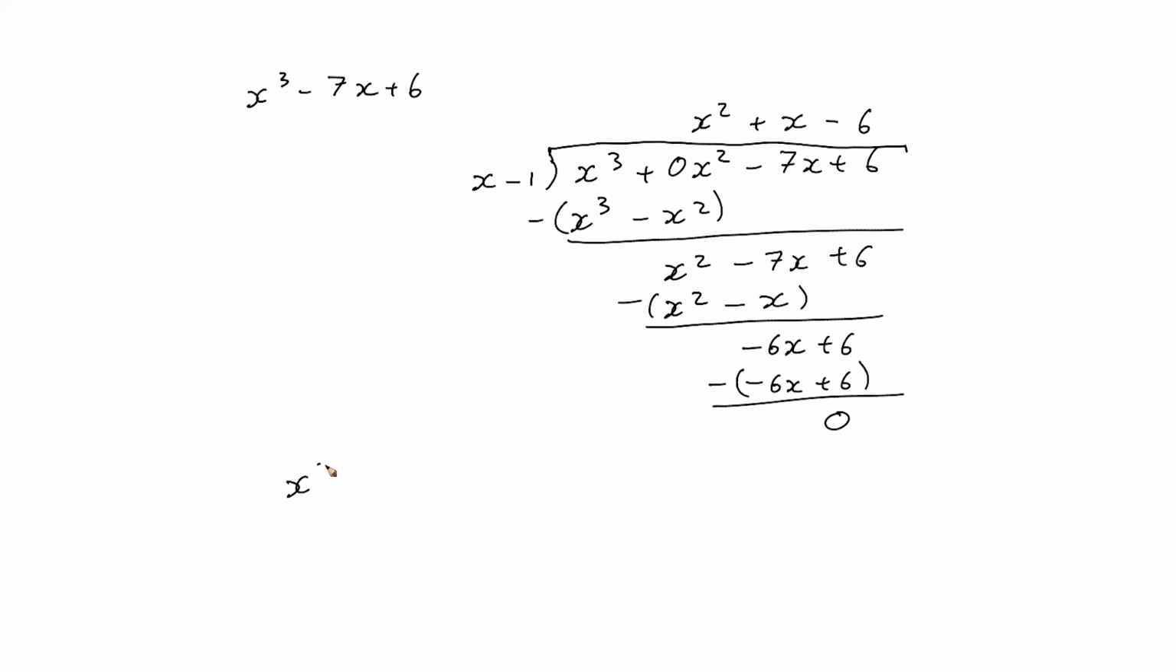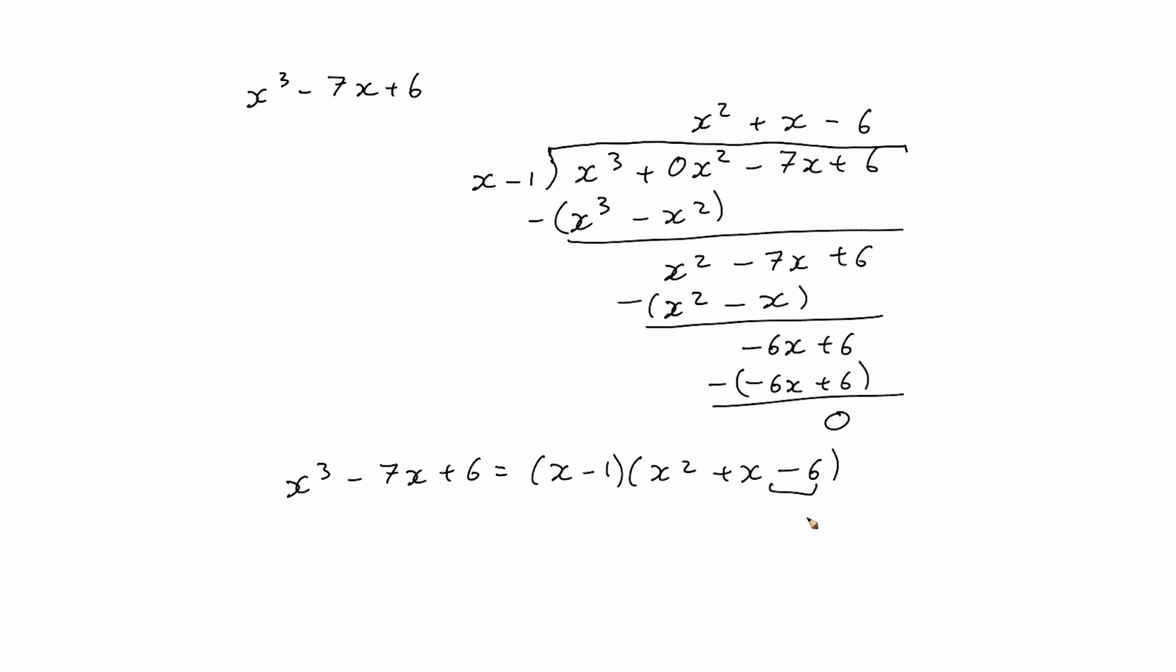Well, we've shown that x cubed minus 7x plus 6 can be written as x minus 1 times x squared plus x minus 6. And then, of course, we have a 0 remainder here, but we don't need to include that. Now, we can factor this quadratic equation, this guy here, even further by looking at the constant term